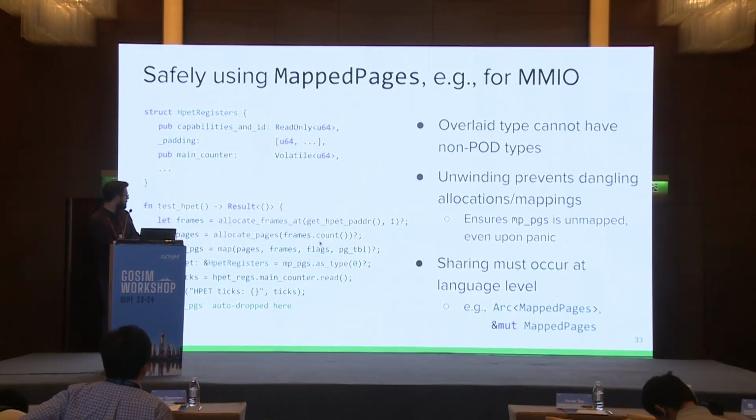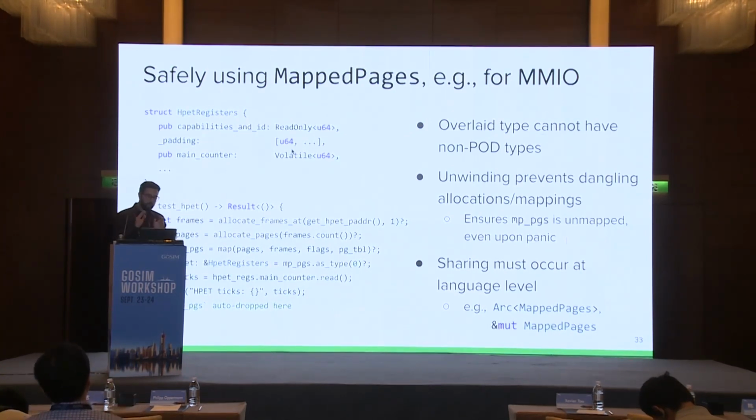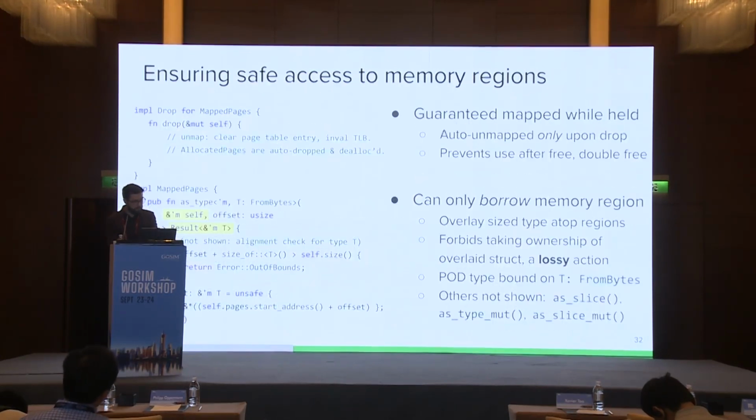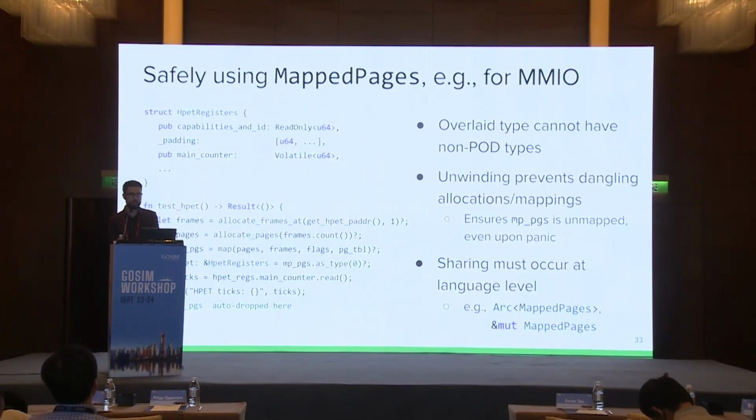I map them. And then I'm able to reinterpretively cast or overlay this HPET register struct on top of that memory, right? And this is safe only because this is a plain old data type, POD. It's just a bunch of integers, right? In the previous slide, I didn't mention it, but there was this little trait bound here for T, meaning that it has to be safe to construct purely from bytes. So that doesn't include things like a Rust shared reference or a mut reference. There are a lot of other things, like checking sizes and alignment in the as_type function, but I'll skip that just to get at the key point,